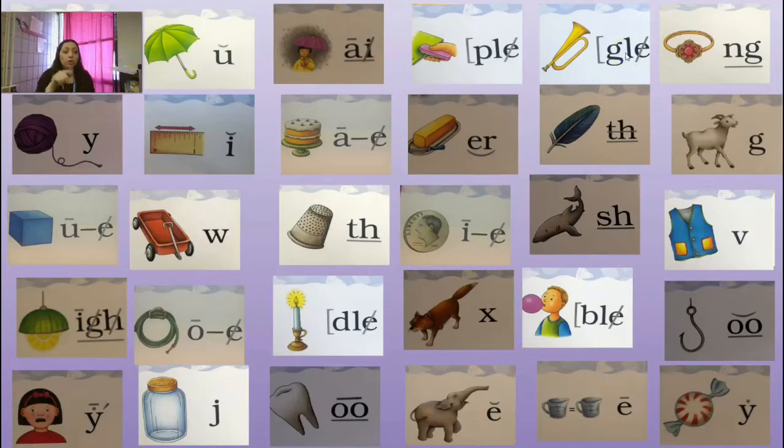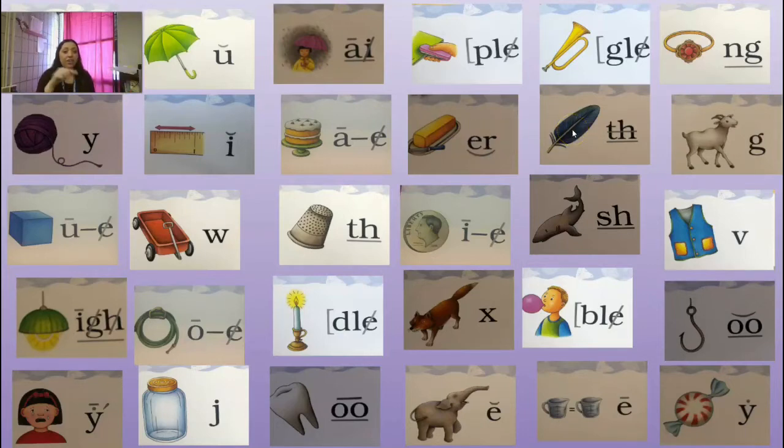Bugle, ghoul, final syllable GLE. Ring, ng, digraph NG, very good. Yarn, Y, inch, I, cake, A consonant E,